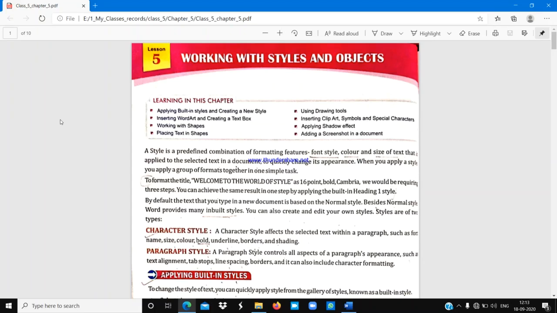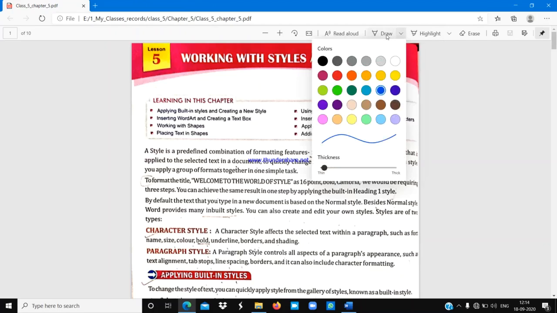So this is Ankita Kesharwani here, your computer teacher, and now I am going to start our new chapter, chapter number 5, working with styles and objects.